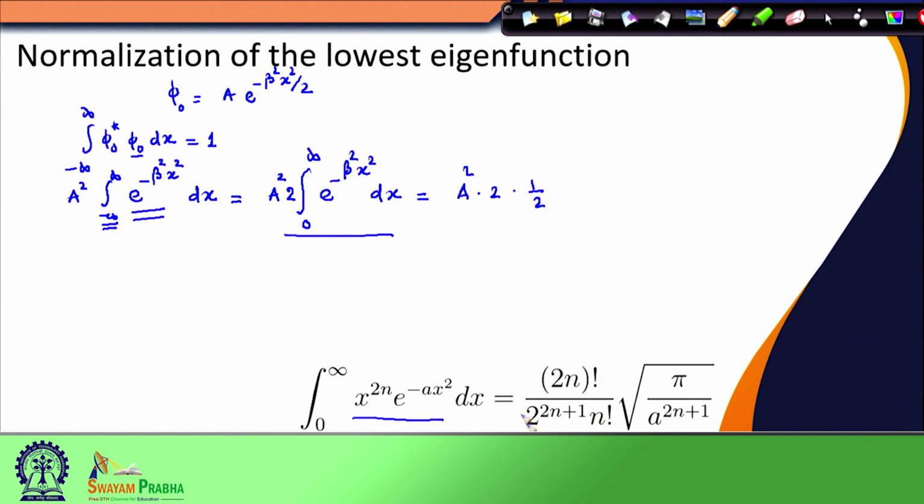This term will become 1 over 2 and this term will be pi divided by beta square, under square root. This quantity is going to be 1, because I am trying to normalize this function. So, I have a square into the square root of pi divided by beta square equal to 1. So, therefore, a